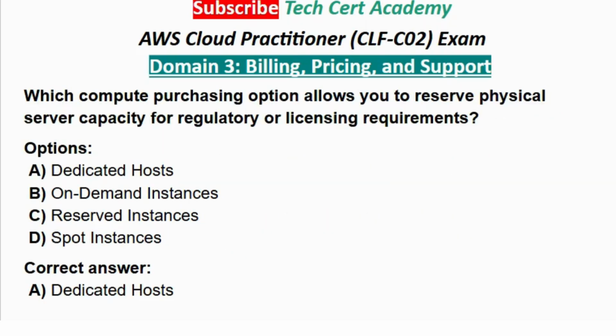Which compute purchasing option allows you to reserve physical server capacity for regulatory or licensing requirements? Options. A. Dedicated hosts. B. On-demand instances. C. Reserved instances. D. Spot instances. Correct answer,